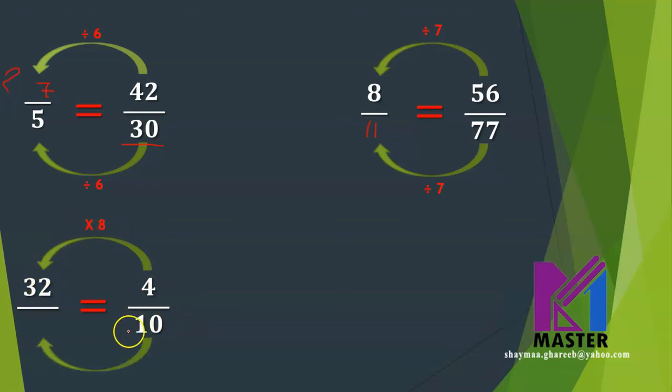So I will do exactly the same with the 10. 10 times 8 equals 80. So 32 over 80 equals 4 over 10. Now,